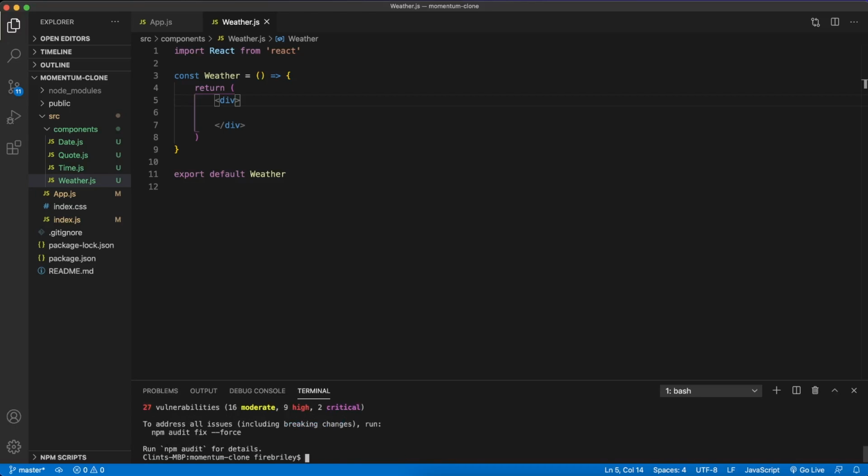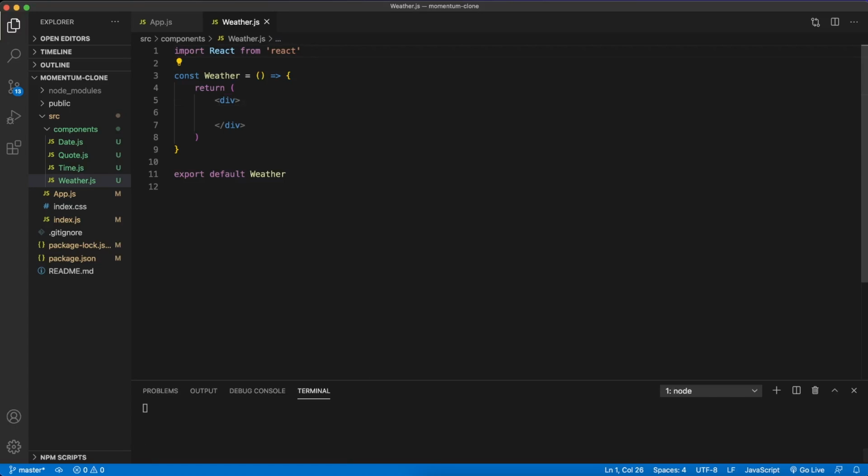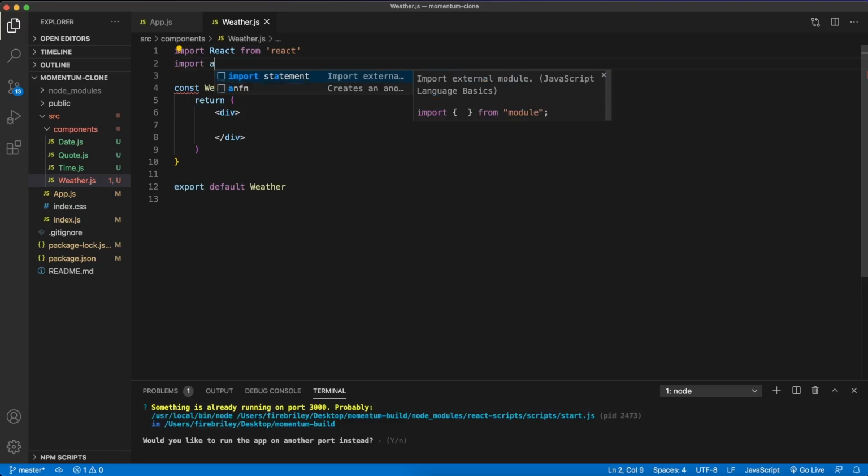I think it's like axios-http.org or .com, something like that. I'm not going to dive too deep into it, but just Google it if you want a little more information. So npm start, we're going to start our server back up, and let's import at our top here Axios